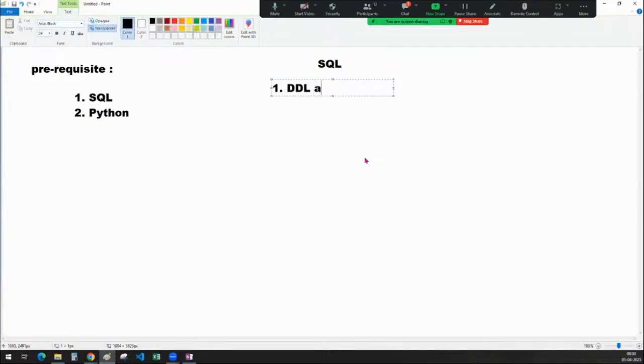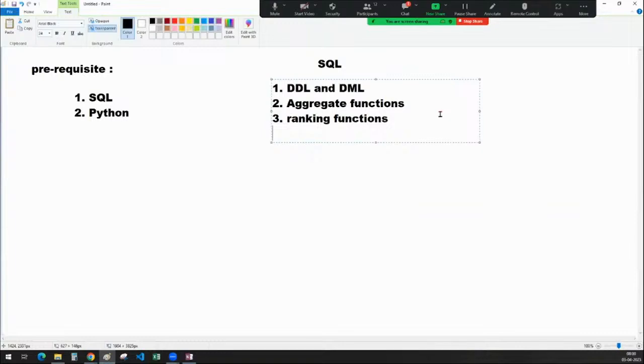So these are the basic things. Just focus on how to create a table, how to delete a table, how to truncate a table, how to update a table. After that, I would expect you to learn about aggregate functions, and one more thing is ranking functions, and the fourth thing is